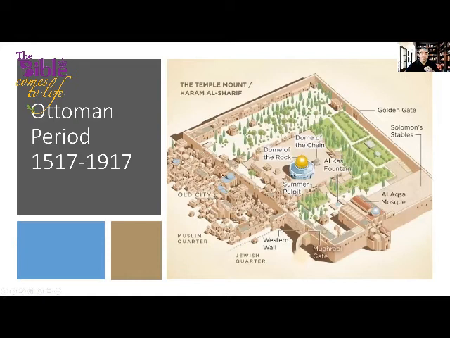Today, this will be called the rabbinical tunnels or the Western Wall tunnels. We will walk in the Western Wall tunnels. We are going to walk along the main Western Wall, the whole Western Wall, all the way to the area of the Pool of Bethesda. So this was the case between 1250 and 1517.